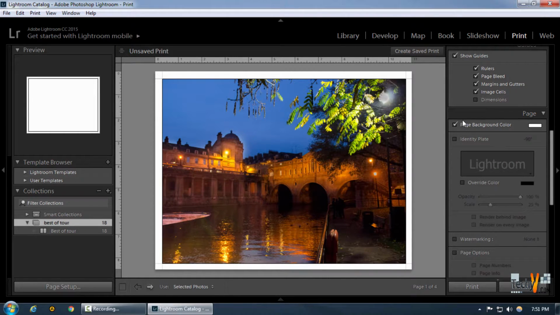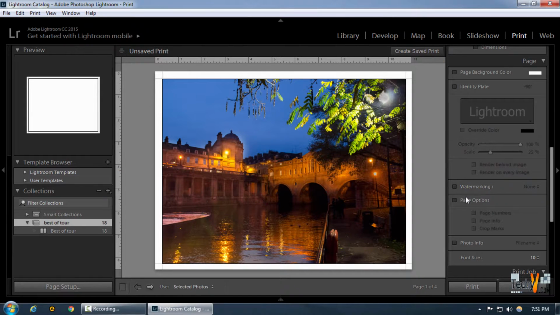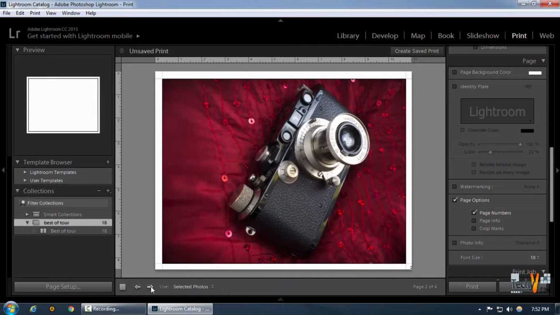So we're gonna leave that to white, and we can add identity plate as we saw in the slideshow, but for now we can uncheck that too. And if we want, we can also include watermarking too. And one of the great features is that we can add page numbers to each and every one of our images,